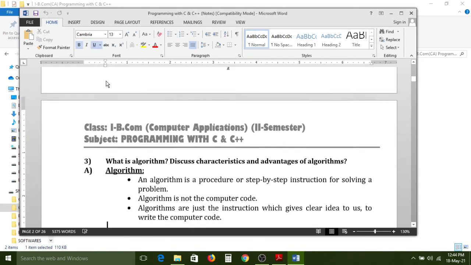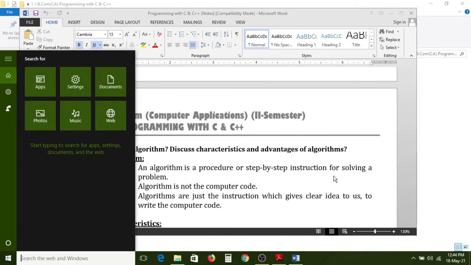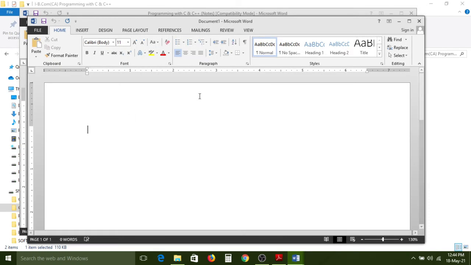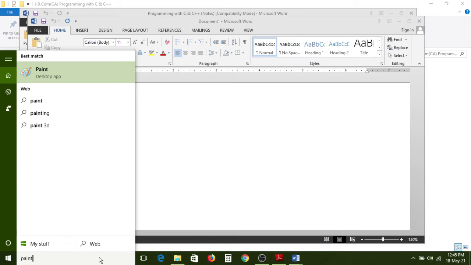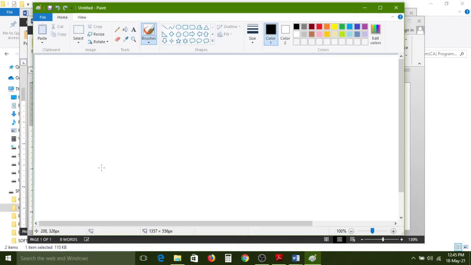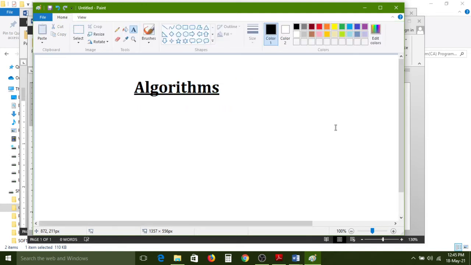All of you carefully observe. For example, I would like to explain diagrammatically.